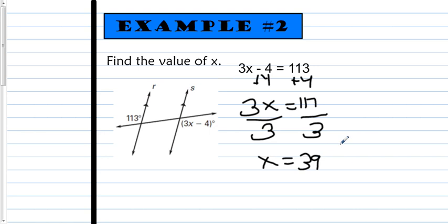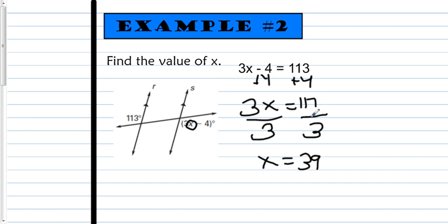Okay? Be careful to notice that x is not 39 degrees because I'm plugging x in for a value right here, and when I plug x in, it gives me a total value which I then apply the degree sign to, but x by itself is only 39. And how can I check this? Well, I could check it by plugging 39 in, multiplying it by 3, and subtracting 4, and I should get